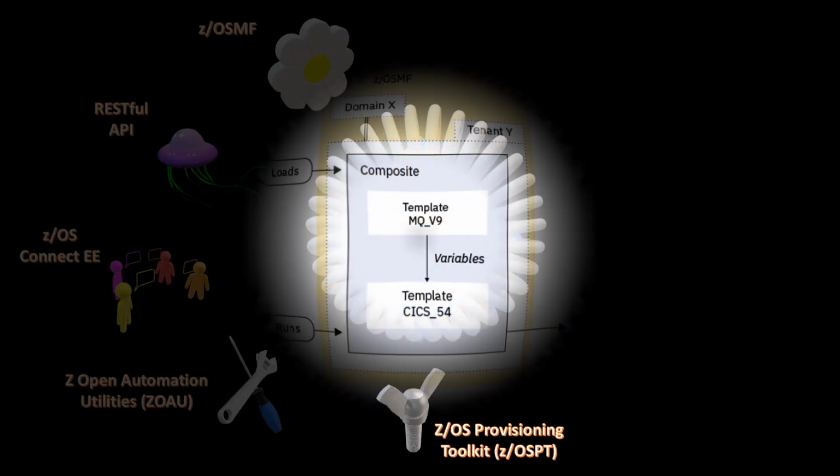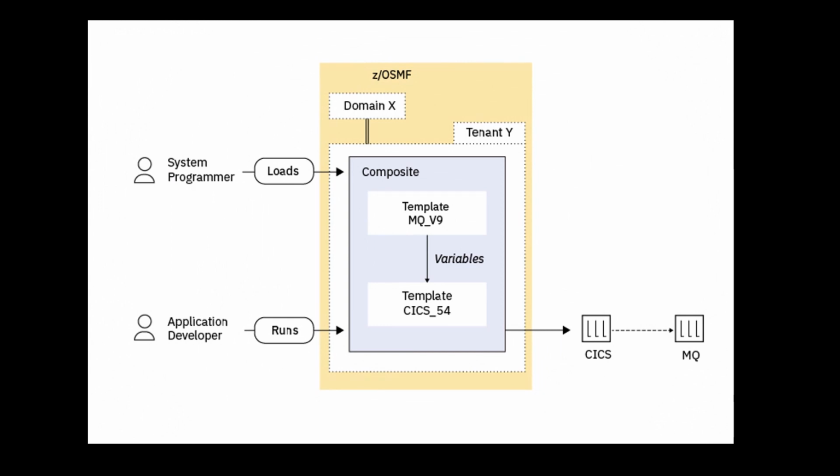z/OS Provisioning Toolkit. It is a simple command line utility for the rapid provisioning of development environments. What does that mean? It means that without z/OS admin help, developers can now build their application as an image, run the image to test the application with appropriate resources like CICS, and manage the setup on their own. This reduces waiting time and dependency on the z/OS admin, and overall improves the implementation cycle. It uses z/OSMF workflow, which can be set up and controlled by the z/OS system programmer.